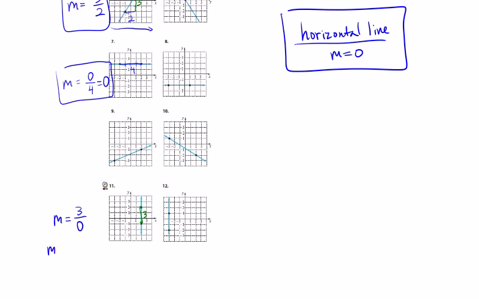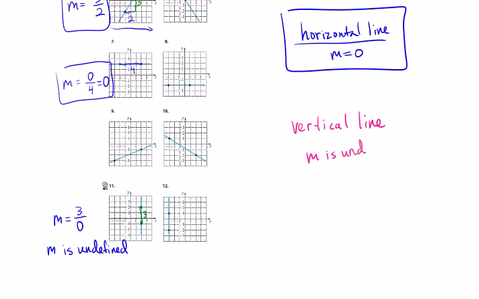So we don't say m equals undefined because it's not a number, but we say m is undefined. And I don't mind if you abbreviate there and you just put UND for slope. But yeah, m is undefined, okay? And so undefined is when you have a vertical line, okay? All right, so for a vertical line, these are good to put in your notes, the vertical and horizontal line. So m is undefined,